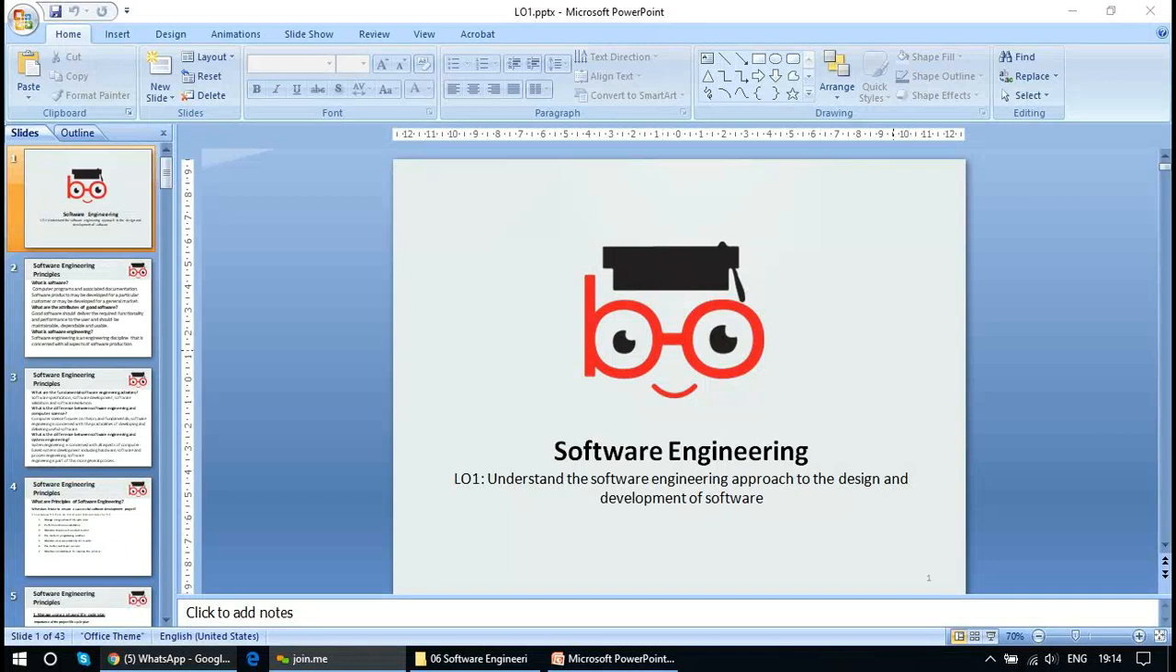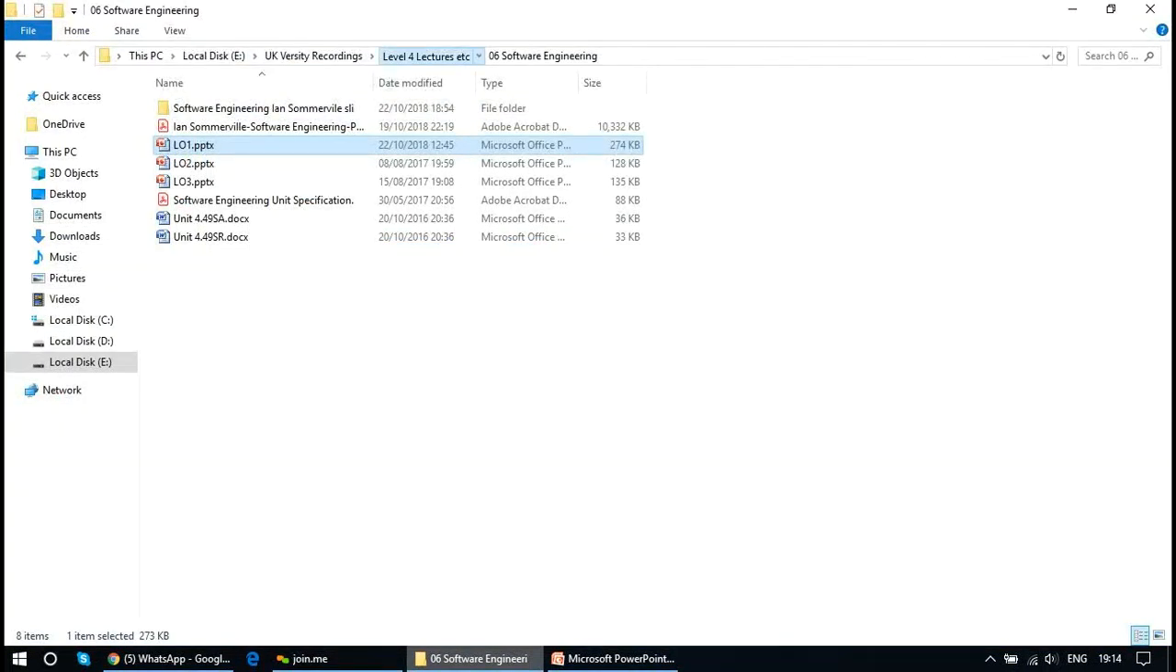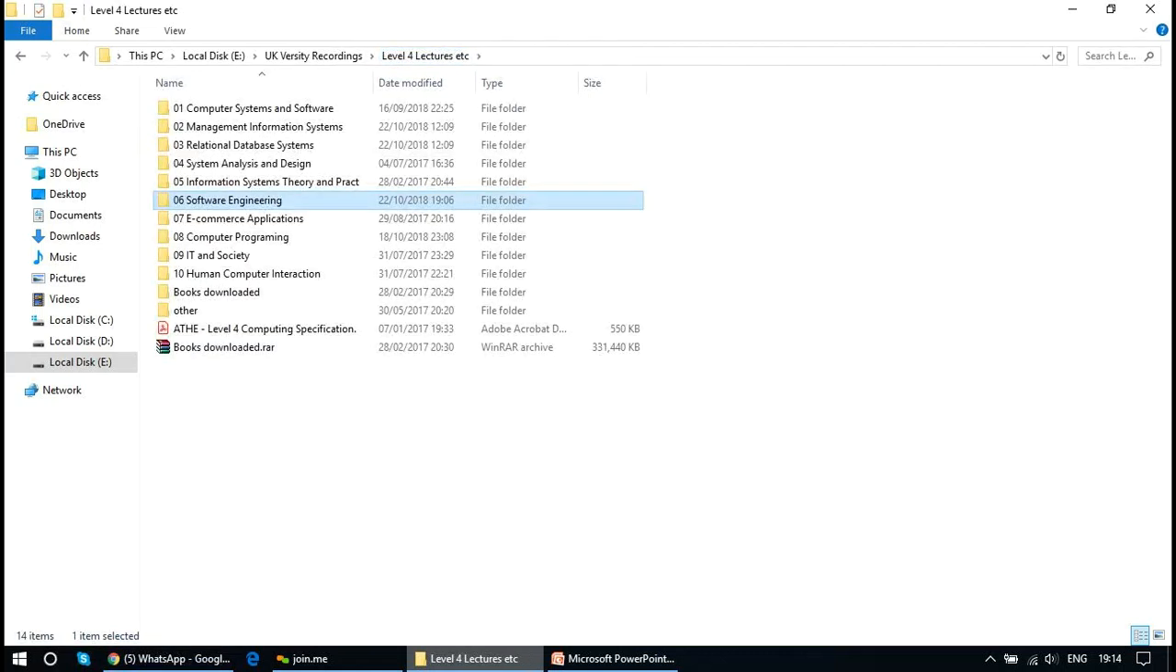Right. You remember that so far we have done computer systems and management information system, relational database management systems, information theory and practice. Now it's more important to note that system analysis and design, relational database, management information system, even the information systems theory and practice,